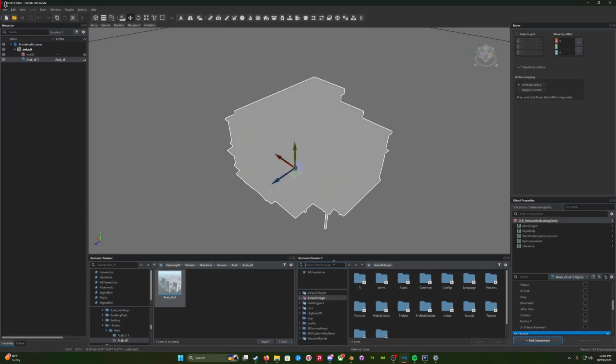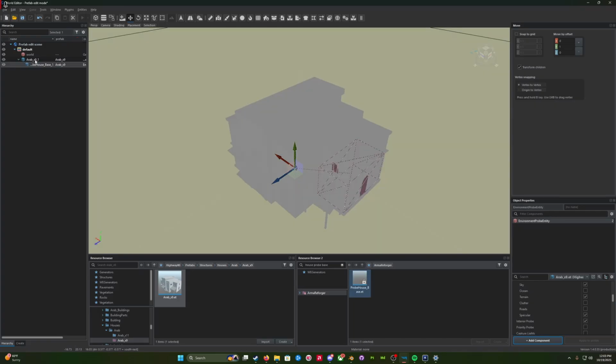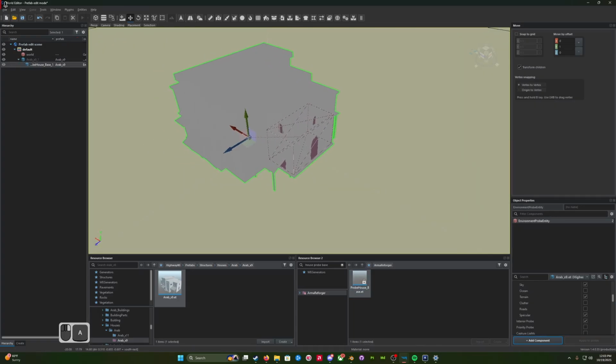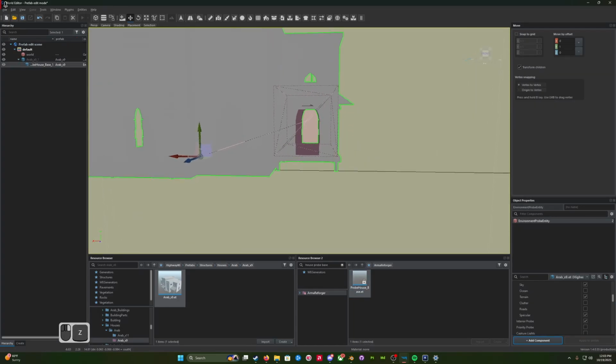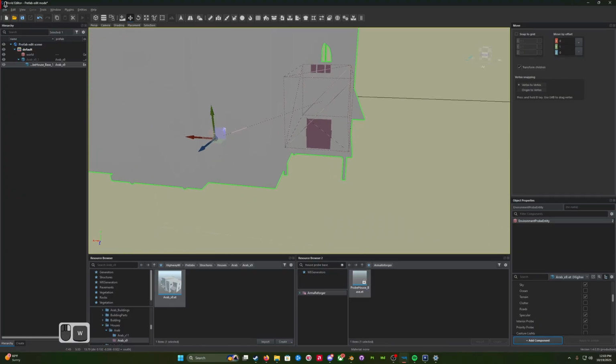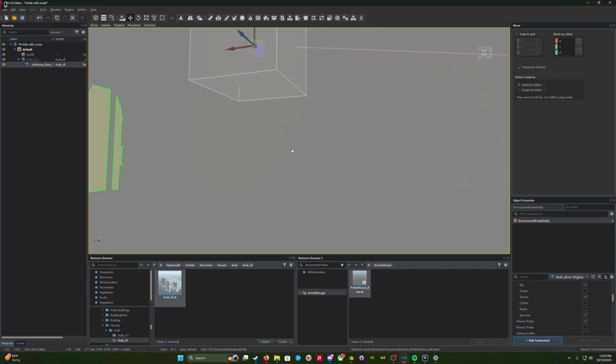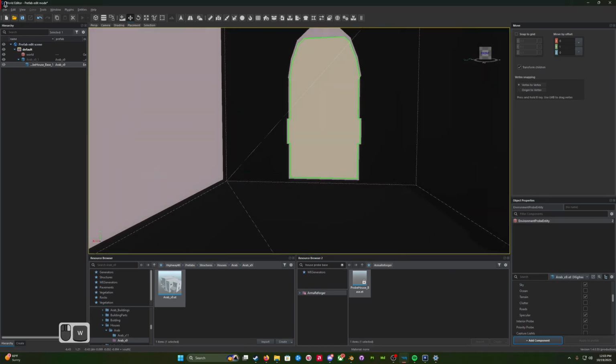And we're going to look for house probe base, I believe is what it's called, or probe house underscore base. And we're going to click and drag it into our entity here. And now you can see it's given us this box, and the probe is connecting itself to that box. And when you get inside,